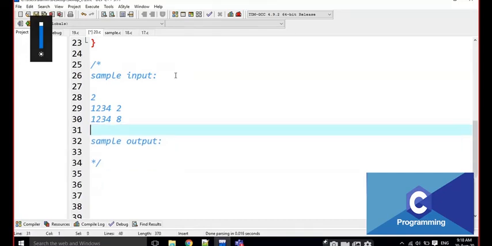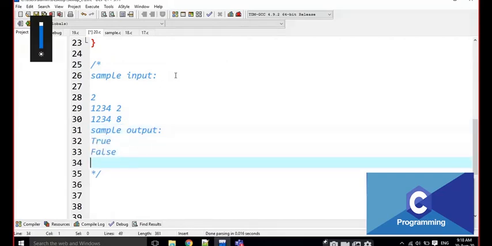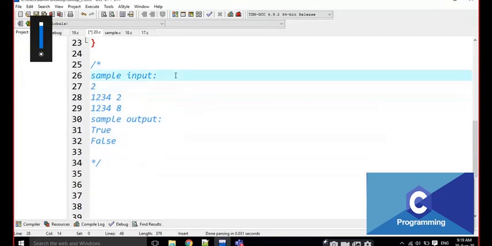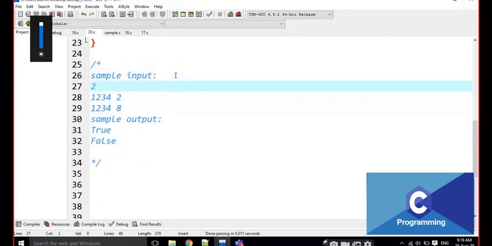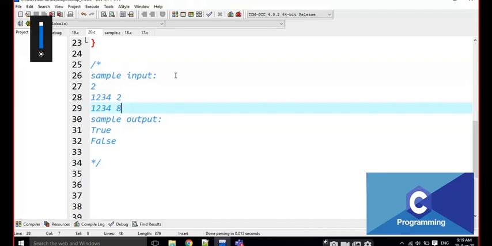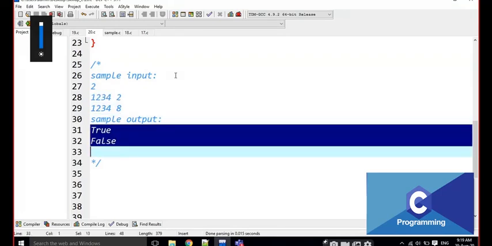This is the input, and this is the output here. What does this 2 mean? 2 is a reference to the test cases. How many test cases? And these are the test cases. In every test case there are 2 digits and an output, and the output is true or false. Why? Because for 2 test cases the output is, the first case is true, the second case is false, for example, or anything else.